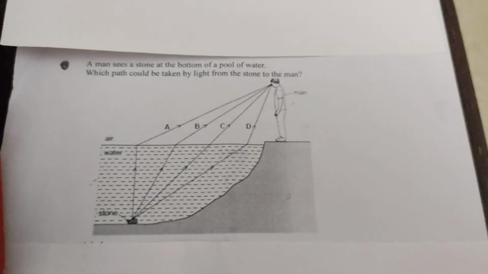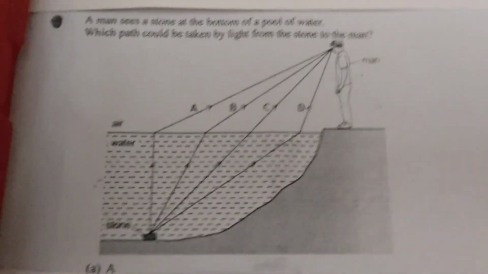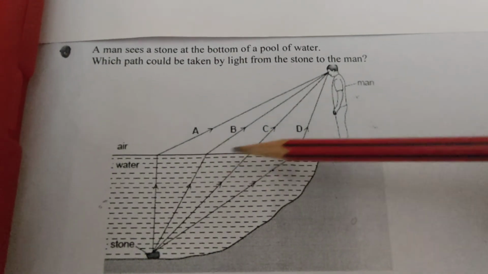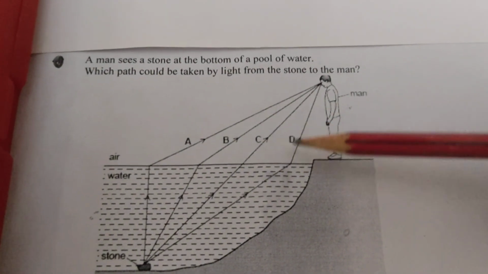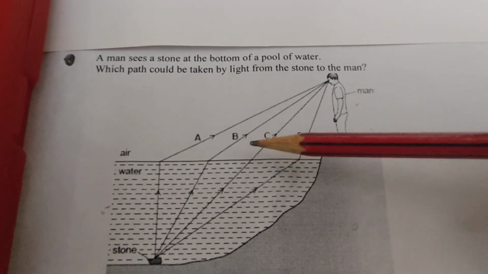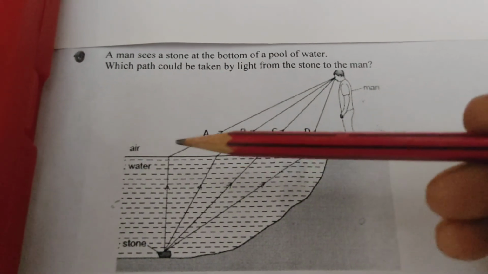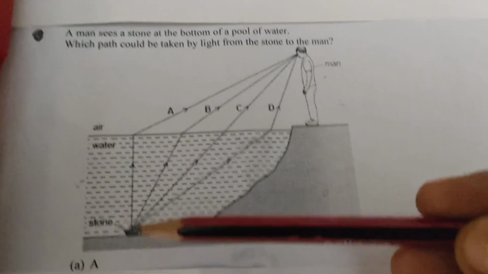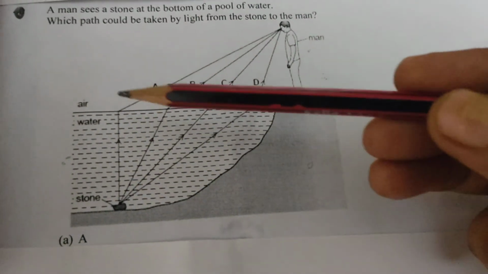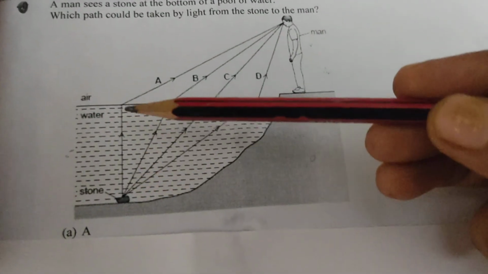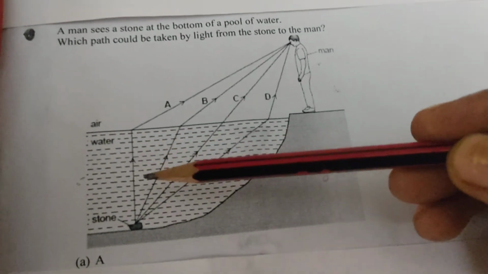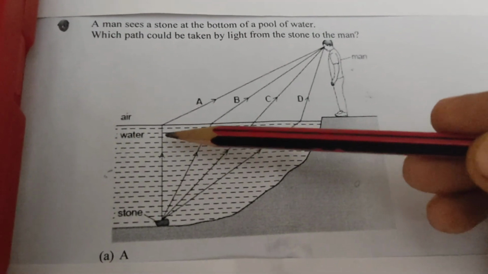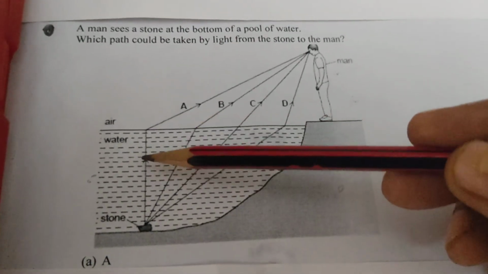Now in this case, let's imagine normal at each of these points. Normal means perpendicular, like this. Let's just imagine perpendicular at each of these 4 points. So this ray is incident normally. If we draw a normal here, it is incident normally. Then we know that in case of normal incidence, the ray is not going to bend, but it is bending away from the normal. So this is wrong.